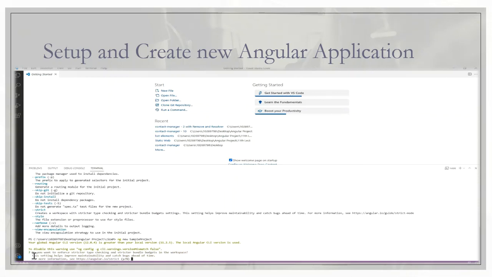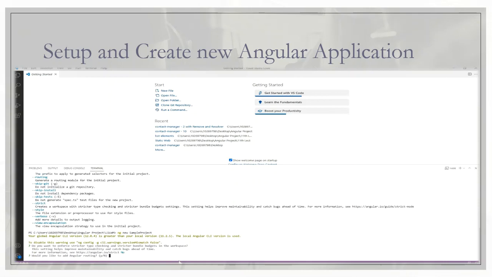As you can see, do you want to enforce stricter type checking and stricter bundle budgets in the workspace? This helps to improve maintainability and catch bugs ahead. I'm saying no right now. We will discuss what that is.